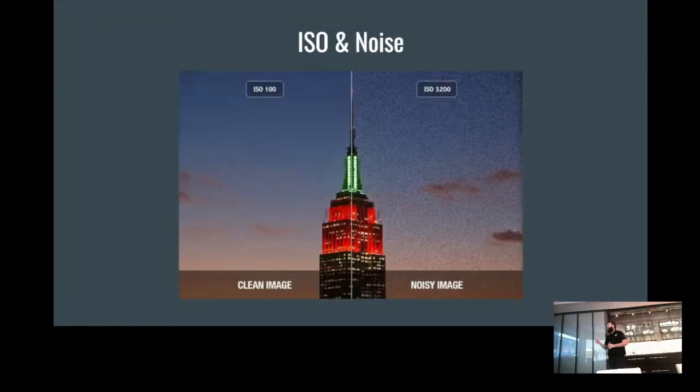ISO and noise go hand in hand. If you grew up with tube TVs and you understand the static in the television, ISO can relate to the noise, which is like that static. If we look at the left side of the image, we can see that at ISO 100, it's clean, it's nice, there's no kind of deformities all over the image. As we raise that ISO up though, we start to get that pixelation, that choppiness, that kind of just static,